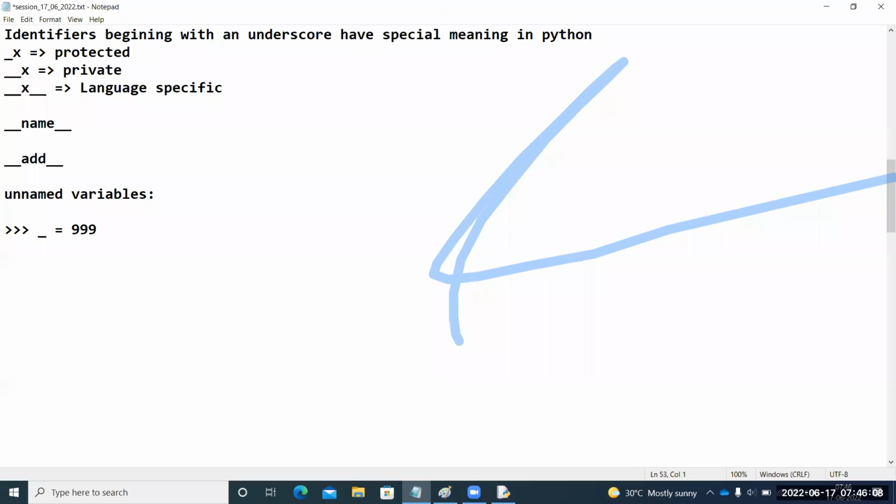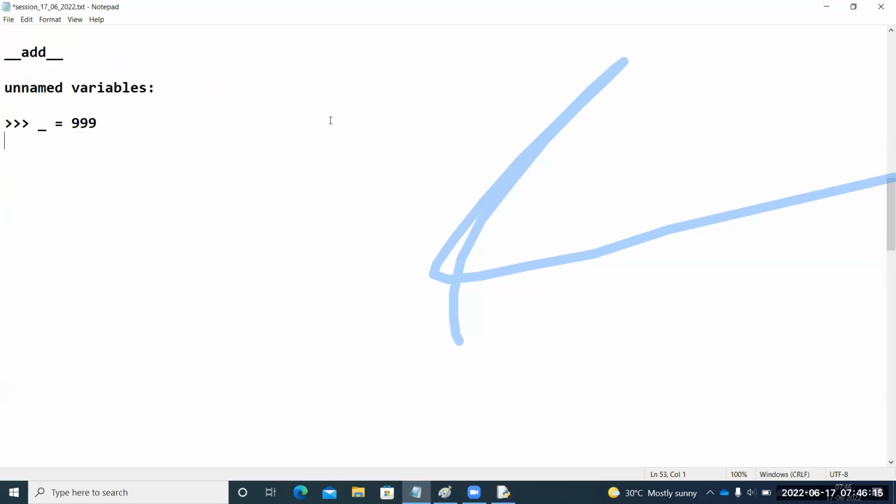Is it a valid identifier or not? You can see, this is a valid identifier, guys. No doubt at all. A single underscore is a valid one. So this is called an unnamed variable. There is no name for this variable. This is valid because underscore is allowed. Otherwise, you can give a double underscore also. Is it valid or not? This is also valid, guys. Triple underscore, any number of underscores, everything is valid.